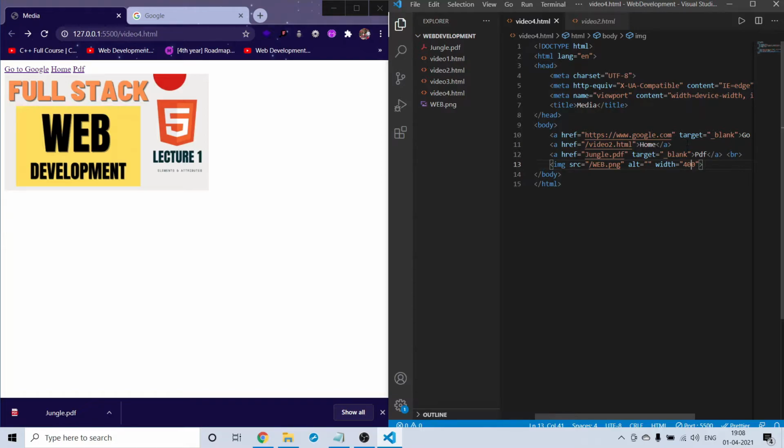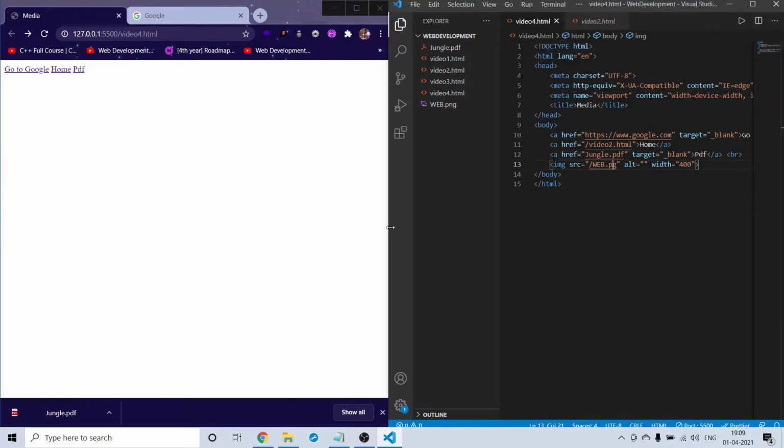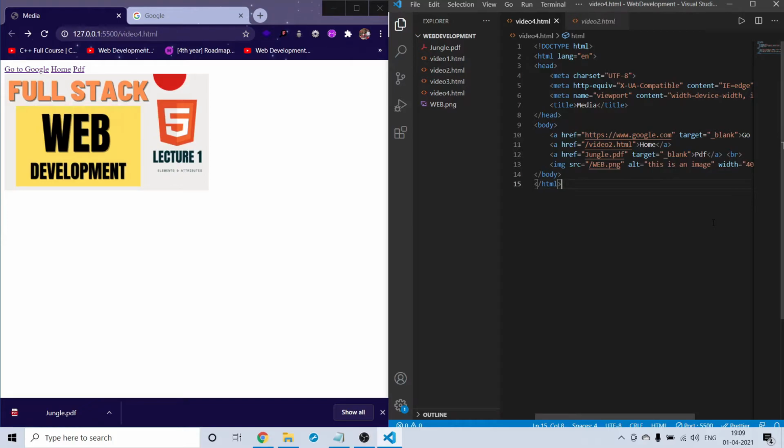Yeah, this is enough. And what is this alt? Alt is nothing but if the image is missing, or if you have given the name wrong here, without displaying anything, for example, see, we have nothing here, so for that we can use alt here, and you can give the alternative text, which is this is an image, and save. Now if the image is missing, we will get this text, or you will get your image. And this is about the image. And if you want to use an image from Google, you can directly use the A tag.